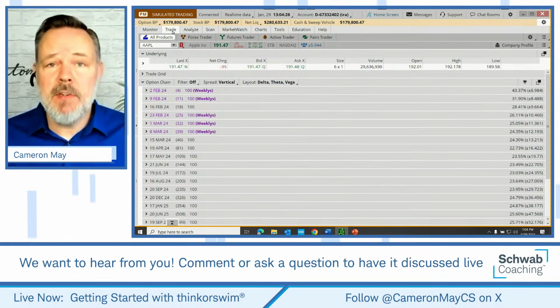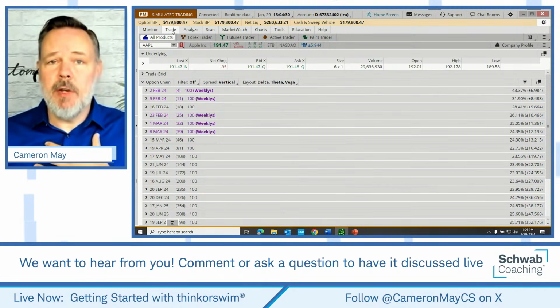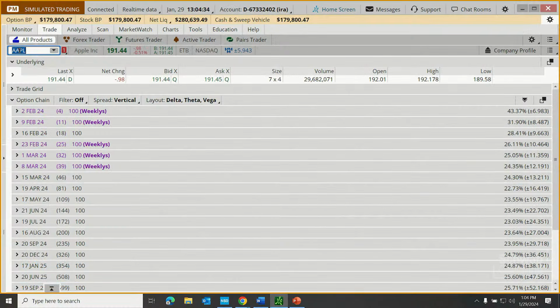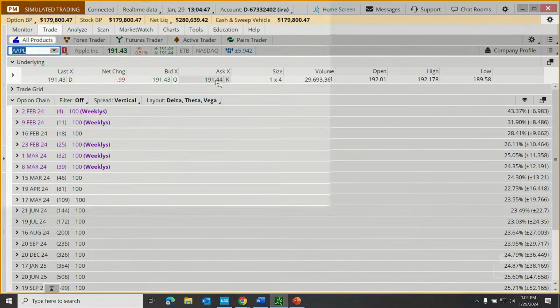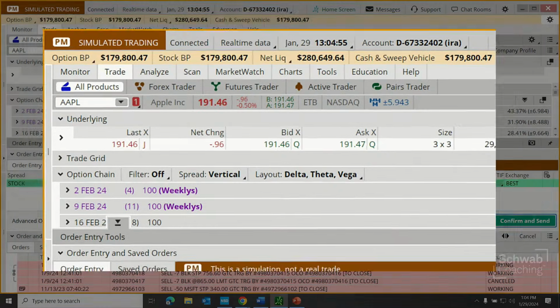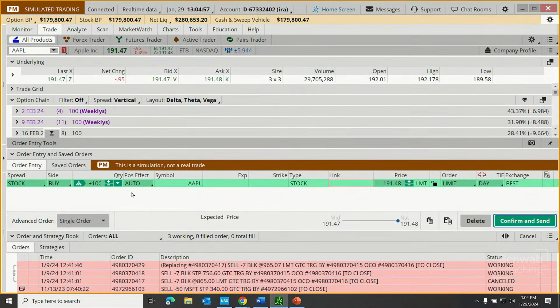Obviously, if we want to place a trade, to me, seems intuitive that we would go to the trade tab on the platform, and we just enter our symbol up here in the quote box. And from here, boy, it is quick to place a buy order or a sell order. So to place a simple buy order, all we need to do is come to the ask price right here on this quote line. And as I hover over that, you really have to squint. I know my cursor is a little bit small, but the little word buy appears.